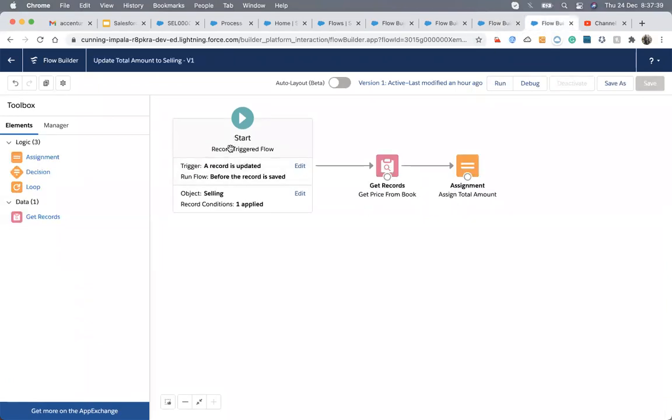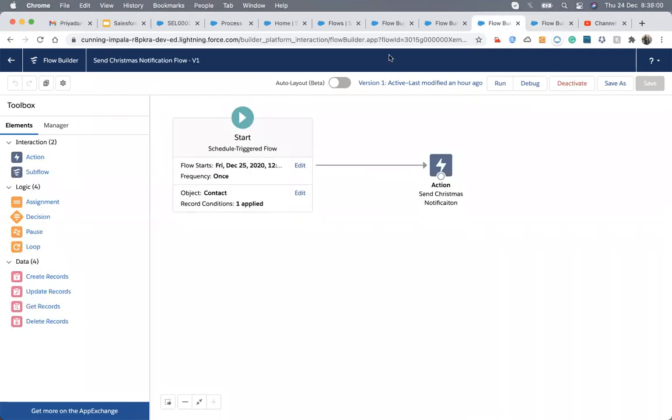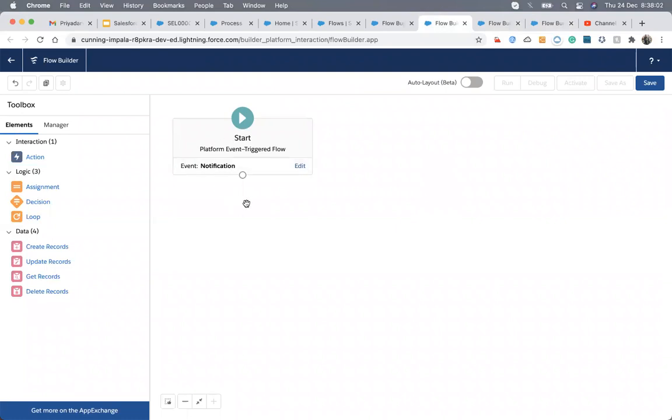We will use this record trigger flow. Whenever the record is updated, it will do that thing. So we will use this kind of flow, a record trigger flow, at this time. If we don't want to use the process builder and we need to capture the change, events can also help in that.